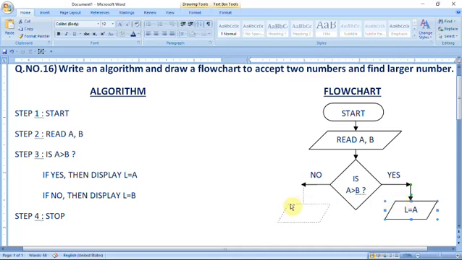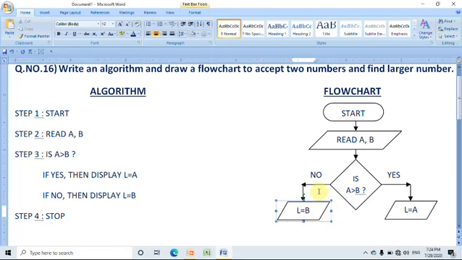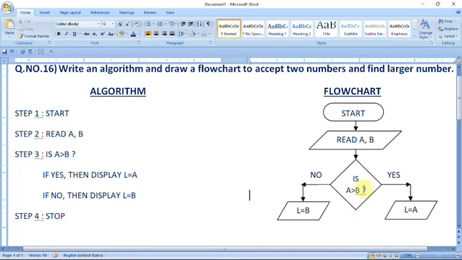Then L equal to B. Now you can see, if this condition is satisfied, then this statement will be executed, L equal to A. If it is evaluated false, then this statement will be executed, and after that you have to stop.